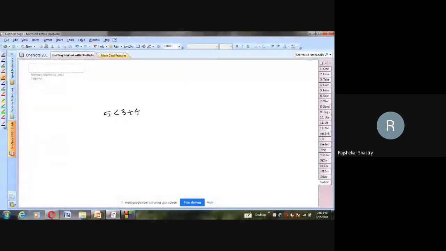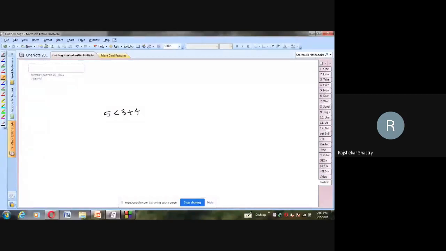If I talk about 5 less than 3, it will return true or false. A Boolean value it returns. In C language, true is 1 and false is 0 always. So 5 less than 3 indirectly talks about the logical relation between 5 and 3. But actually, we are expecting that 5 should be compared with the resultant of 3 and 4. So obviously what we expect is that 3 and 4 are added first, which leads to 7, and then that 7 has to be compared with the 5. So if we apply a little logic, that is enough. We can easily get the idea about the operator precedence as well as associativity.